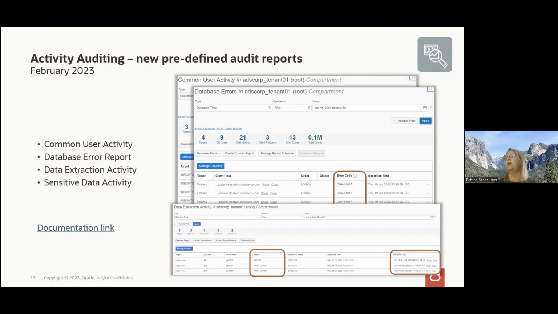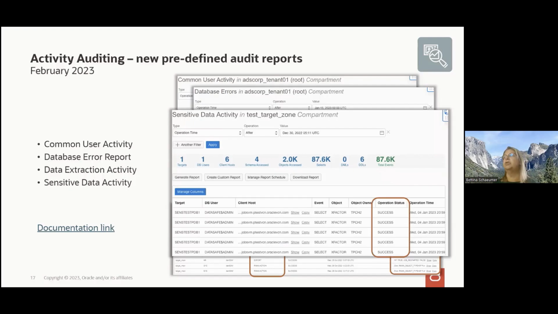So this is why we have a dedicated report for that now. And then we also introduced a new report on sensitive data activity. I'll show you that later as well. That now shows you exactly where in my databases sensitive data was accessed, who accessed that sensitive data, and you see all the details here,